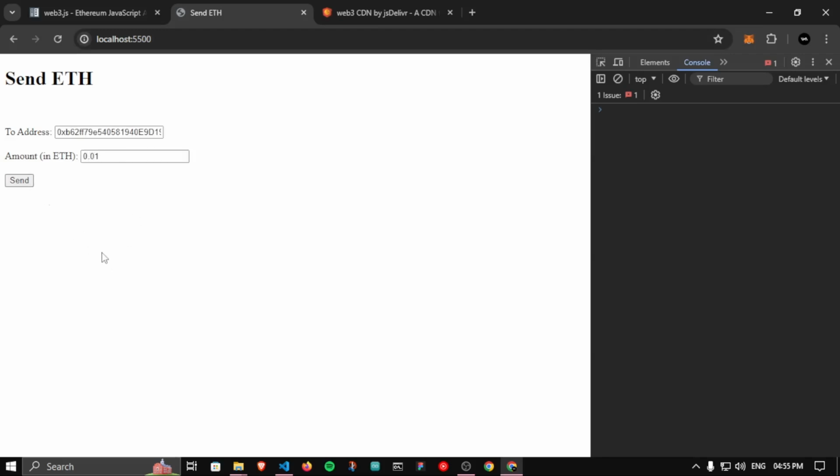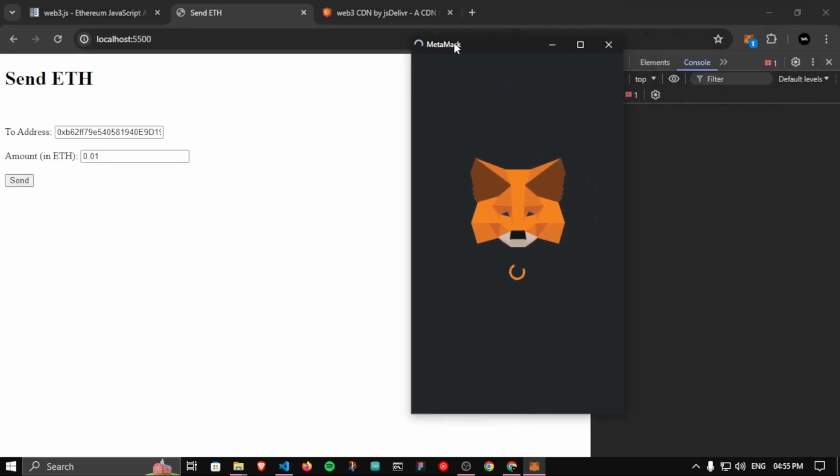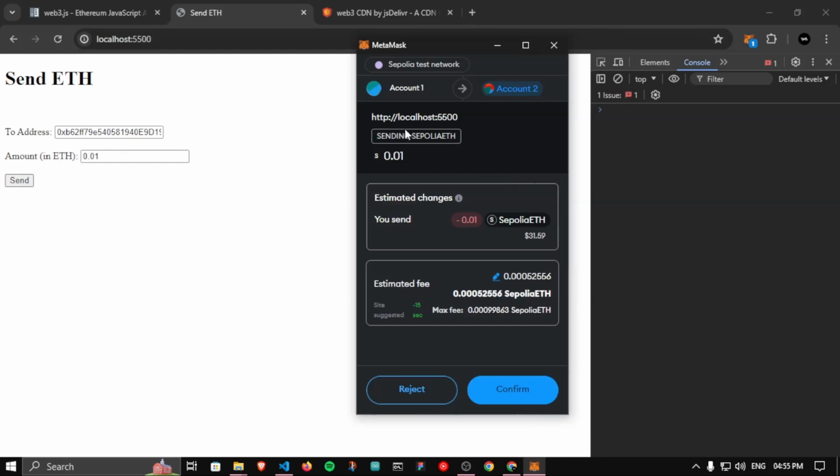Click on send. And you can see as soon as I clicked on this button, the MetaMask pops up and it should ask for the transaction confirmation. Just wait for it. Okay, so you can see the transaction has initiated and it's asked us for confirmation. You can see we are sending 0.01 and the estimated changes, we are losing 0.01 ETH. Okay, so I think everything's fine now. Just click on confirm